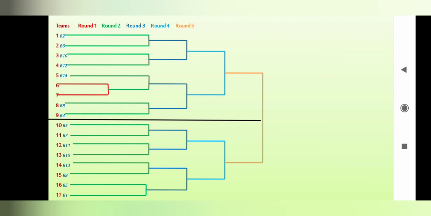In the same way all the teams enter the next rounds, then we conduct the next round, and in the last round, round 5, we conduct the final. In the final only 2 teams are participating, the winner of the upper half and the winner of the lower half. And also we come to know which team is winning the tournament. Okay class, so this is the whole process of drawing a knockout fixture.